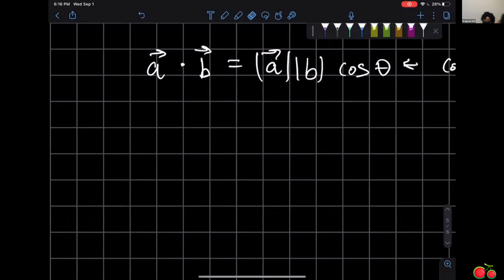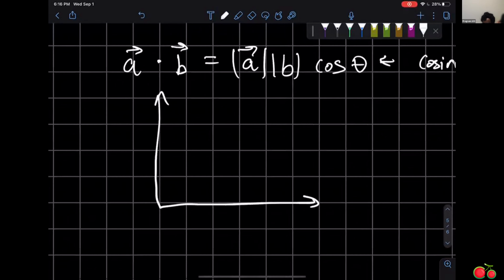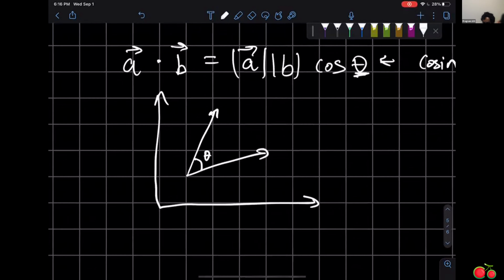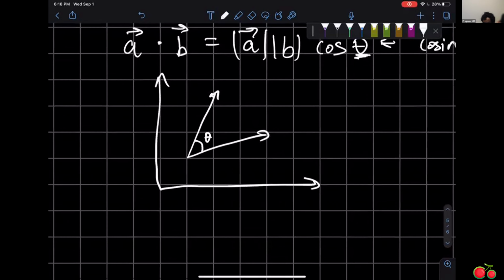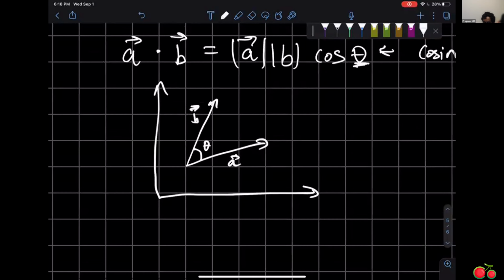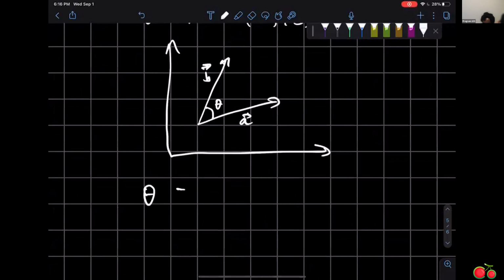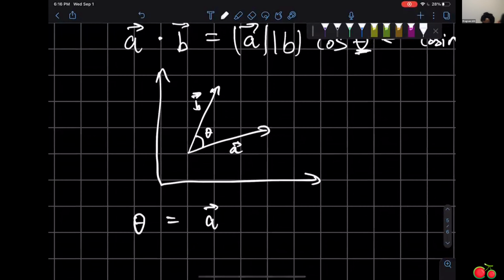Basically what this tells you is, if you have two vectors, A and B, suppose this is A, this is B, and this angle is theta. So why is this definition super important? Because you can calculate this angle theta,